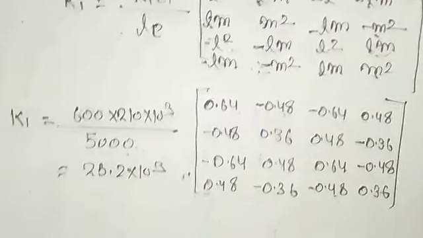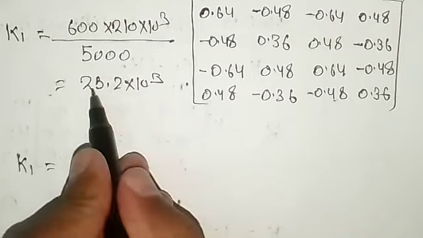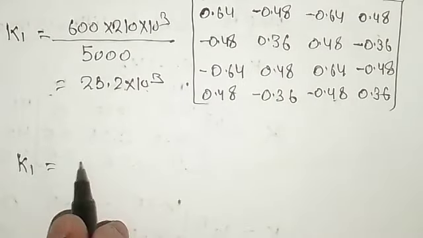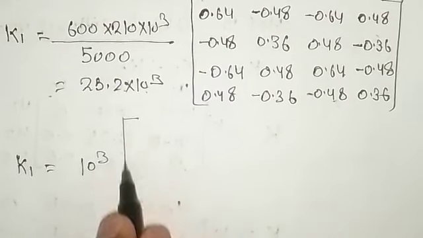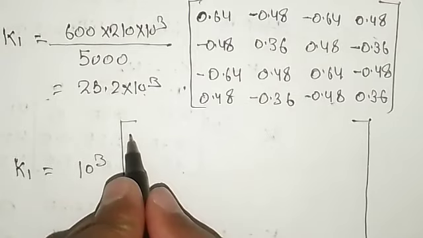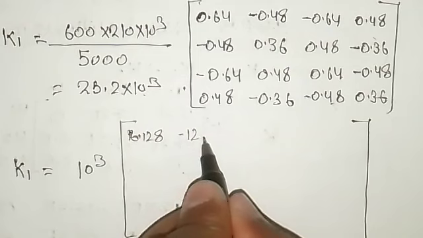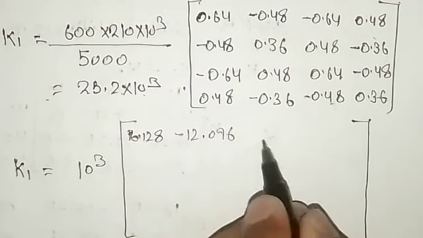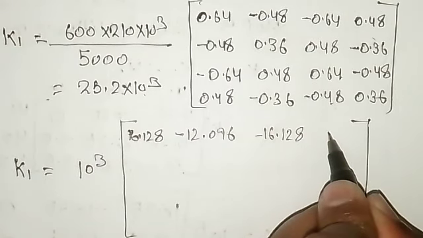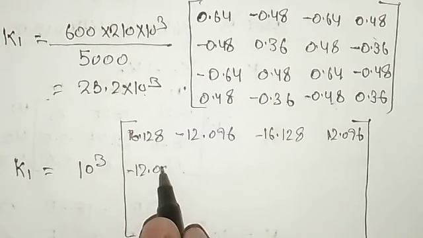Now, on further simplification, this stiffness matrix K1 will become like this. In this, 25.2 I'll multiply with the whole values, and 10 to the power 3 I'll take out, right? So 10 to the power 3 I'm taking common. So your matrix will become like this: 16.128, right? Minus 12.096, minus 16.128, 12.096, minus 12.096,